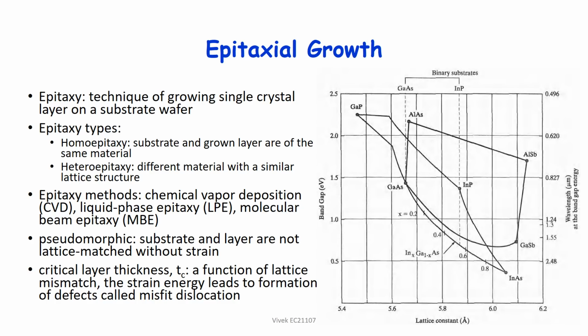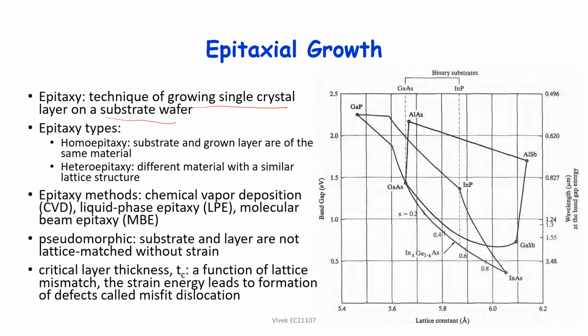Okay, once you have a single crystal silicon as a substrate or a wafer, we have to make a device. So that device making process involves epitaxial growth. Now epitaxial growth is very specialized. What it does basically, it's a technique of growing single crystal silicon, or for that matter any other semiconductor material. So it's basically a single crystal layer on the substrate wafer.